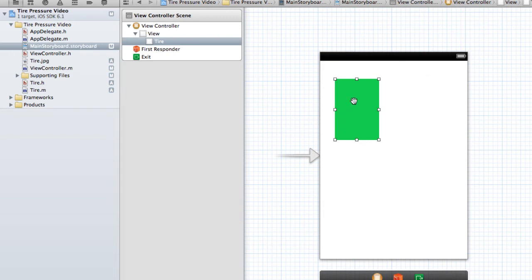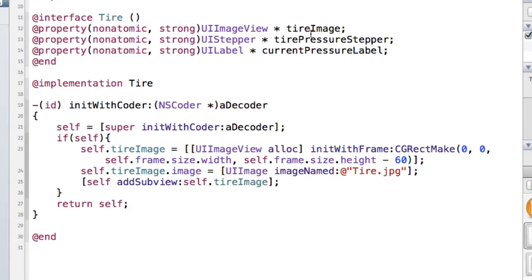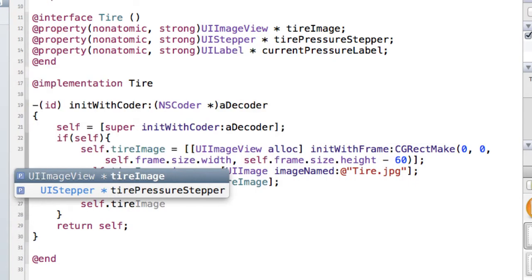Okay, so let's keep on modifying this tire. So go to tire.m. And we've done the tire image. Next, let's do the tire pressure stepper. So I'm just going to go right below the code where we just put our tire in. I'm going to say self.tirePressureStepper